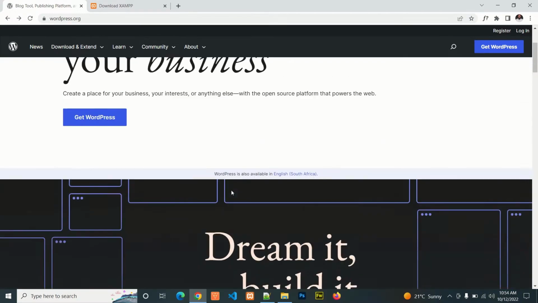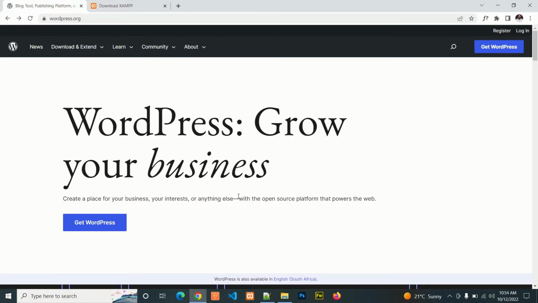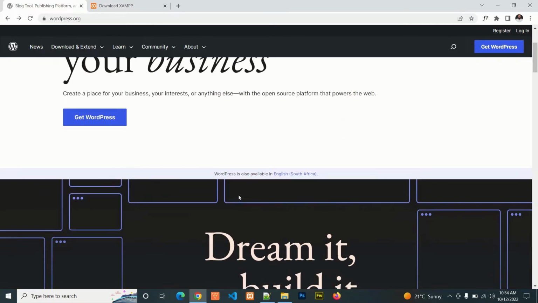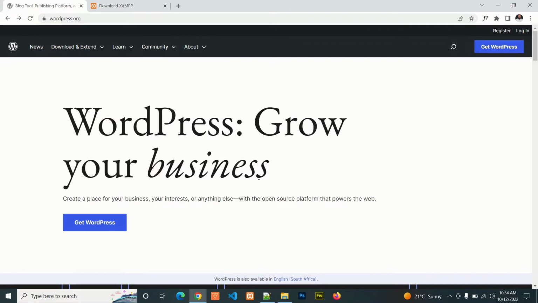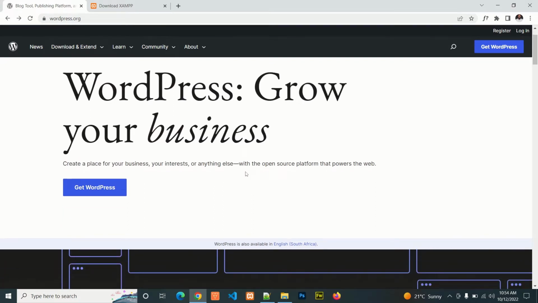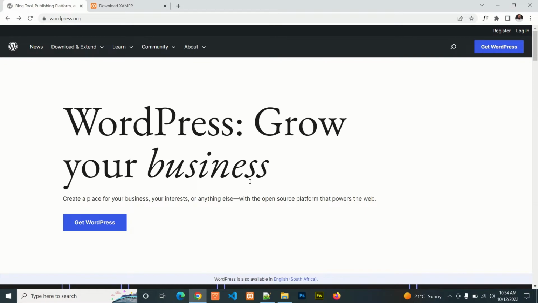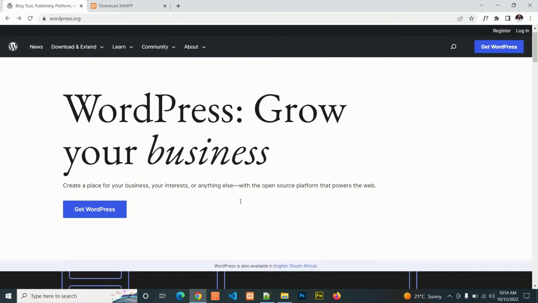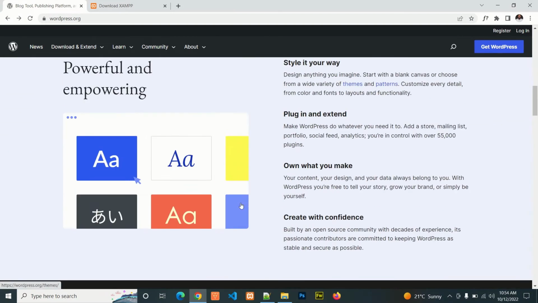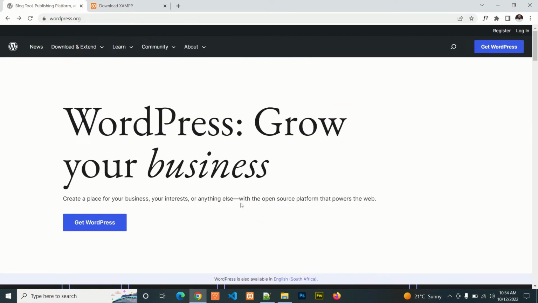Some of the requirements on the server side include a PHP version 7.4 and above, and a database, preferably MySQL 5.6 and above. In terms of requirements on the local machine or host, you need a text editor, an FTP, and your preferred web browser. In this video, I'm going to show you how to install WordPress and also how to create